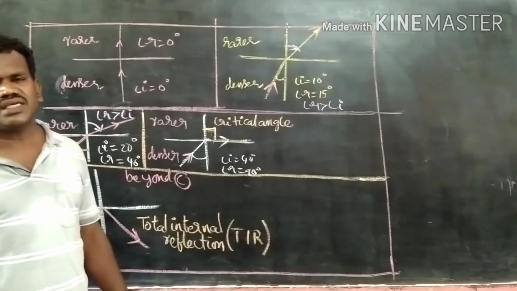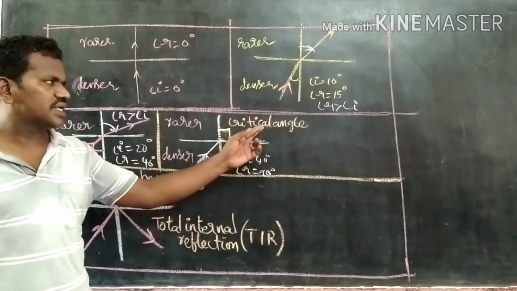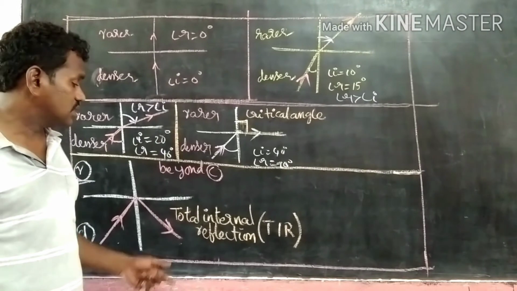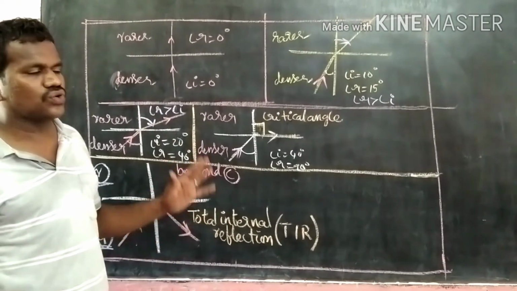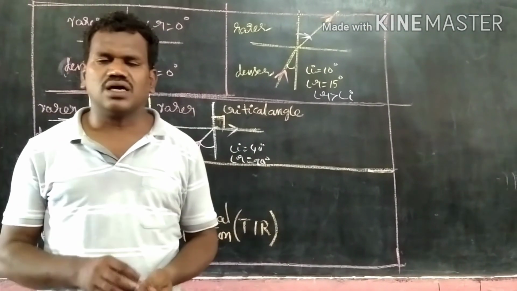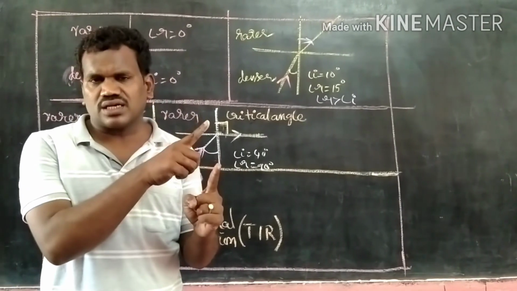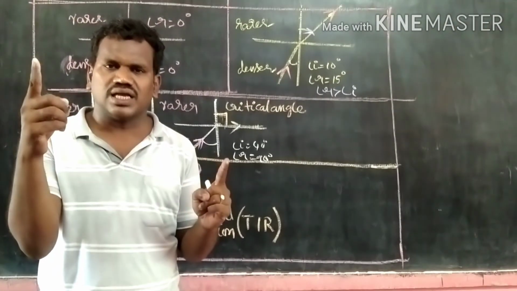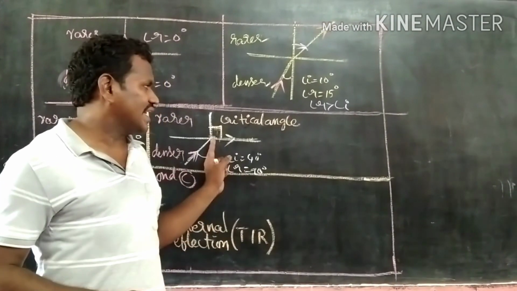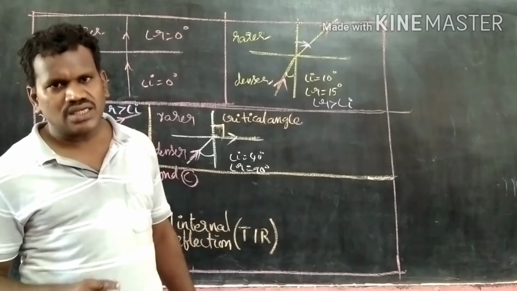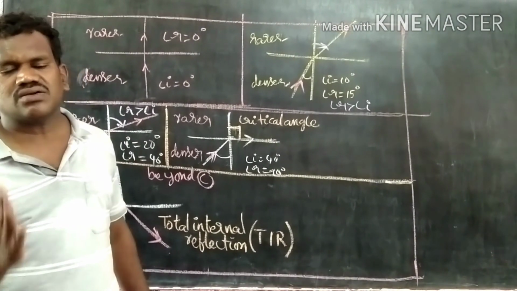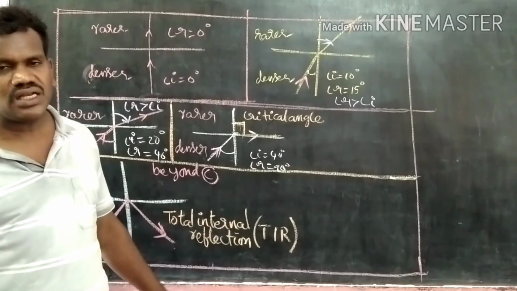So from this activity we understood the topic of critical angle as well as total internal reflection. We should remember one thing, students. This process can take place only if the light is traveling from denser to rarer. Now final conclusions: when the light is traveling from denser to rarer, angle of refraction is greater than the angle of incidence, number one. Number two, at a particular angle of incidence, light grazes the surface. Number three, beyond the critical angle, light never enters into the rarer, again enters into the denser. That phenomenon is called total internal reflection.